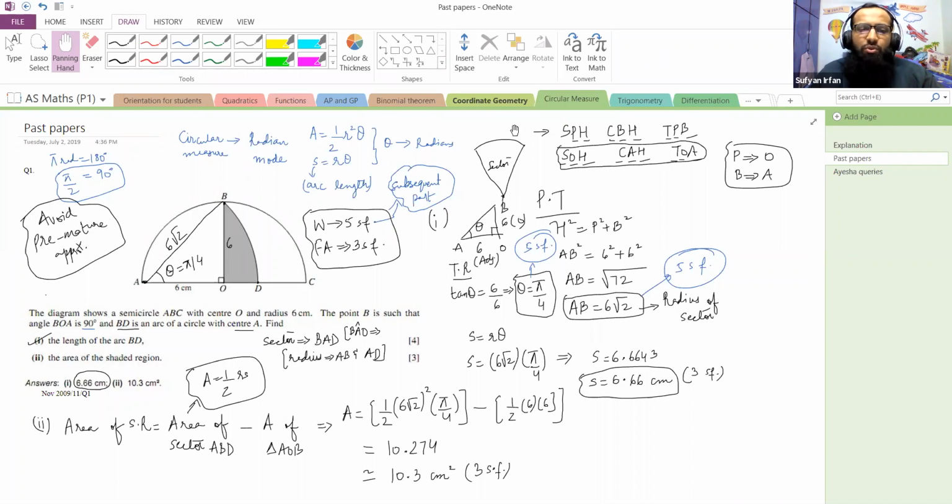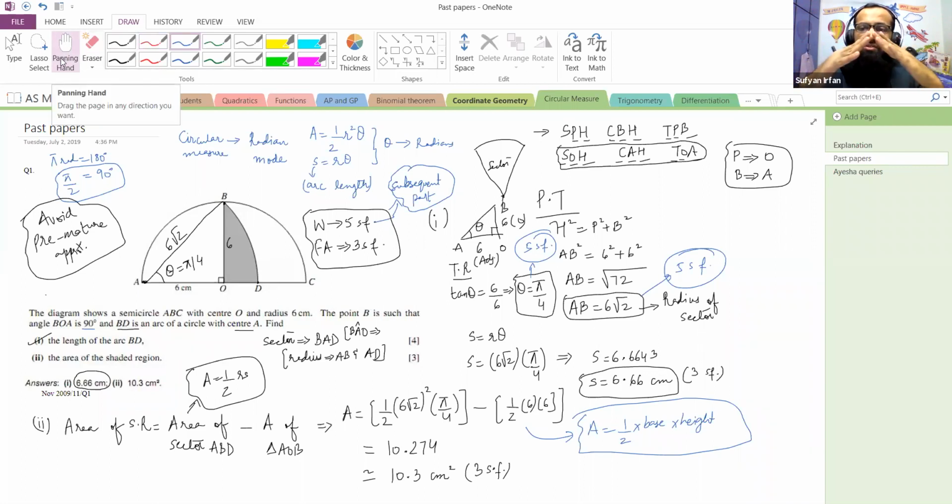Theta is not 6 for AOB. The formula that we have used for the area is half into base into height. As I said, as we are dealing with a right angle triangle, the formula for area is not half ab sine C, but it is half into base into height. For a non-right angle triangle, it is half into two lengths, one named a, other named b, and the included angle is taken with sine. So half ab sine theta.